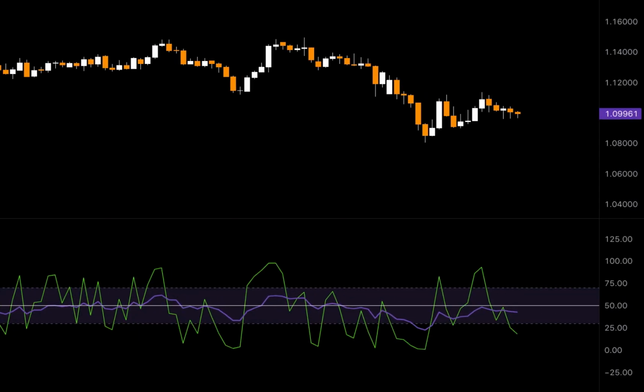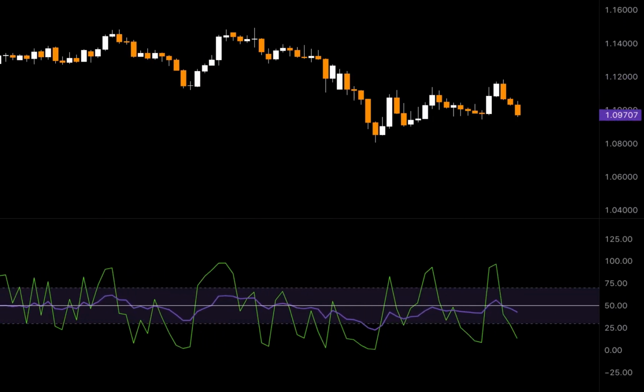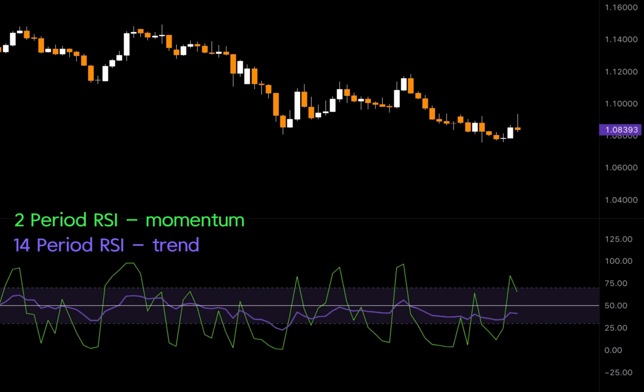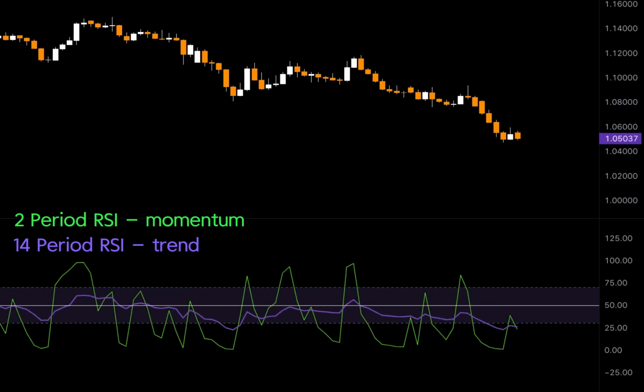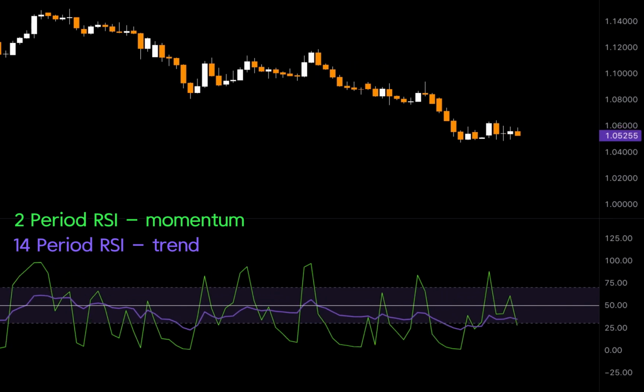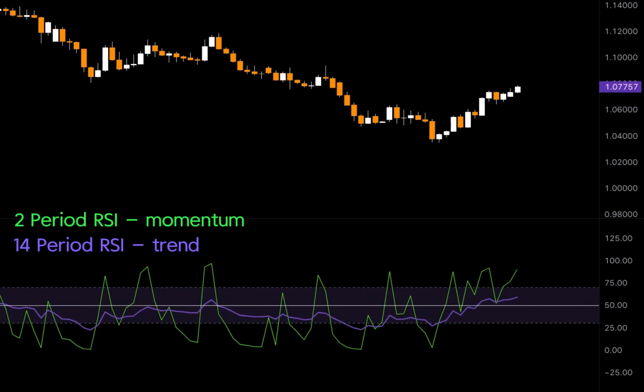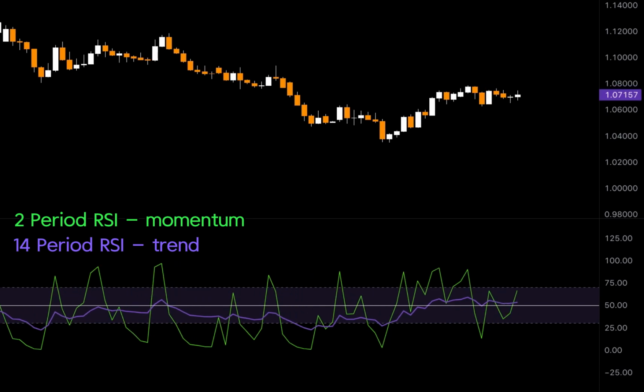The strategy we're testing today takes advantage of it by plotting a shorter 2-period RSI on top of the standard 14 RSI to make a super short momentum oscillator that shows when a pullback is demonstrating new strength in the direction of the trend. I'll show you how to set this up exactly 30 seconds from now, but first,